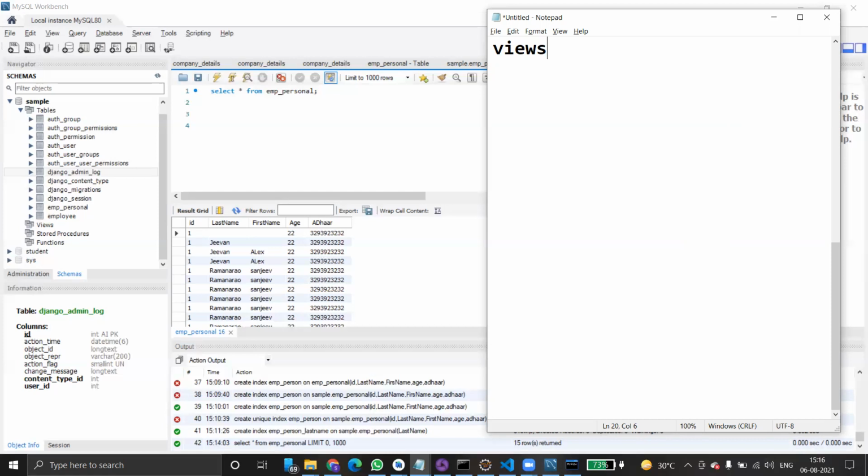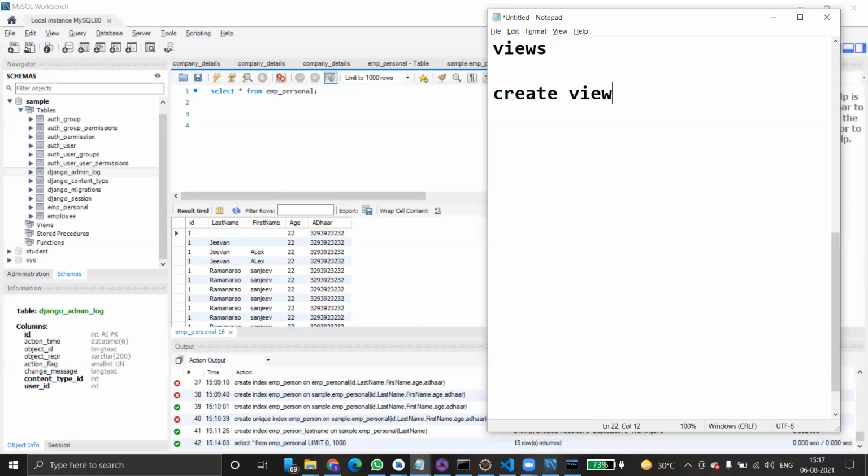You can add SQL statements and functions to a view and present the data as if the data were coming from one single table. So we can create functions and add a SQL statement and fetch the data from multiple tables and present it as a single table by using views. So how do you create a view? We can create a view by using a simple command called CREATE VIEW.